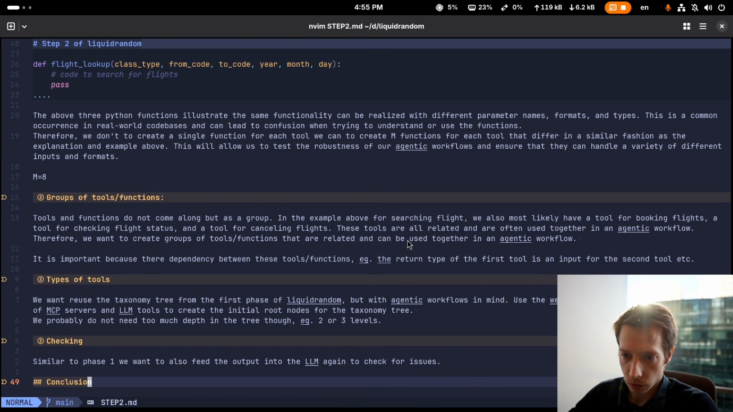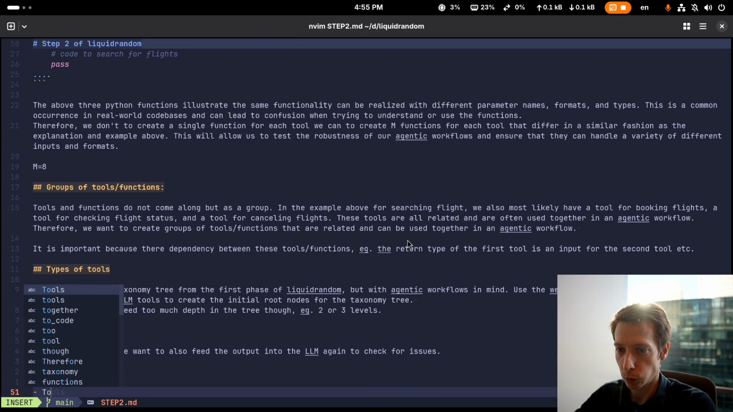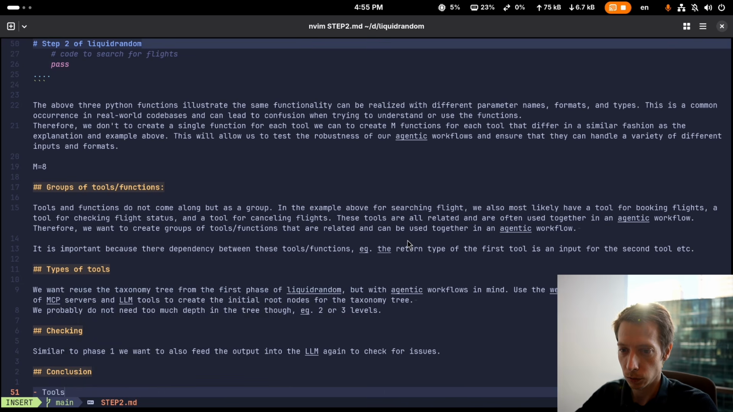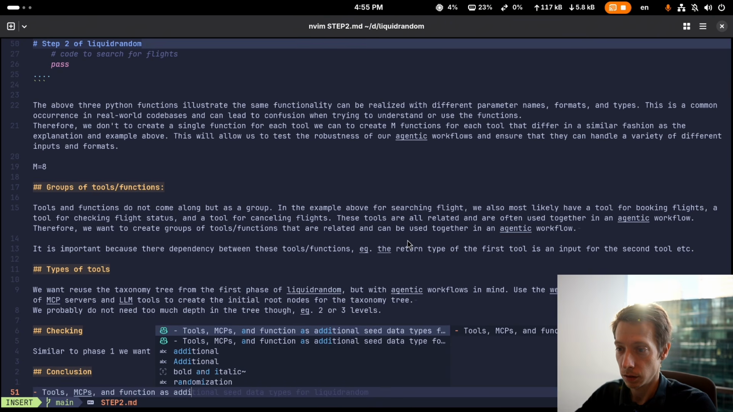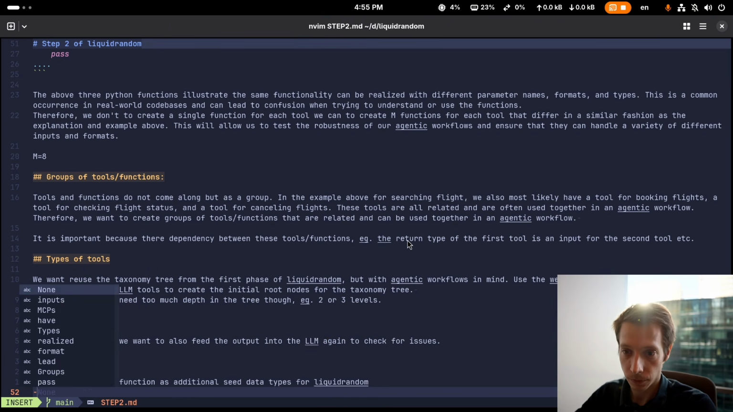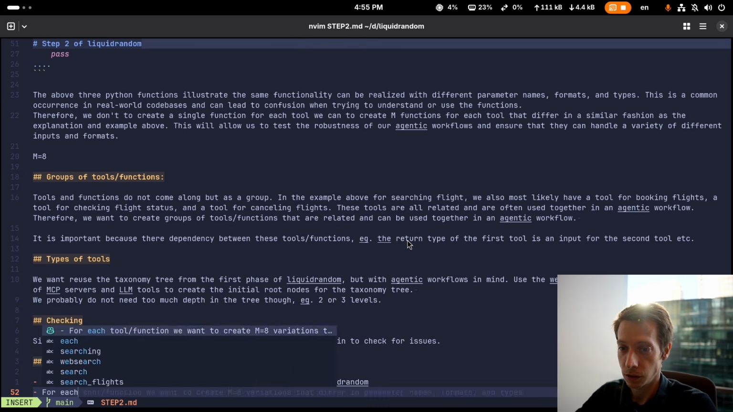Conclusion. Just a rehearsal, so make sure that you got everything right. Tools and functions, tools, MCP and functions as additional randomization for each tool